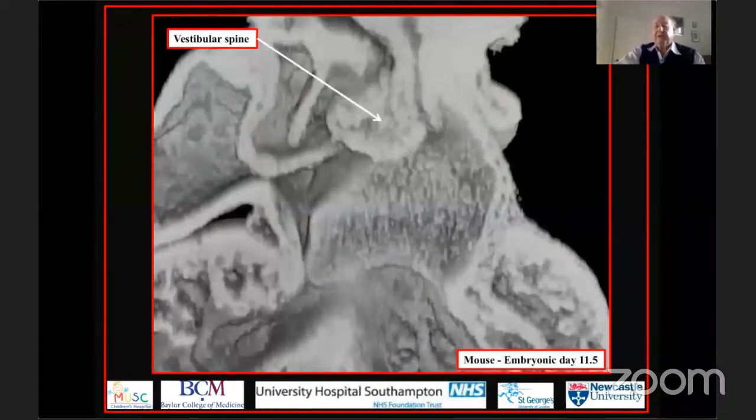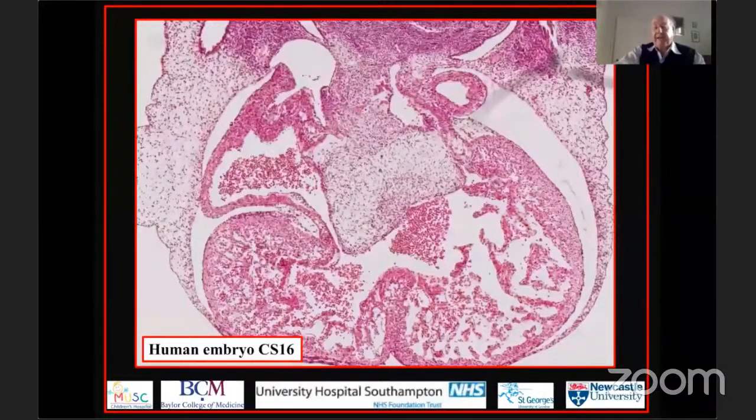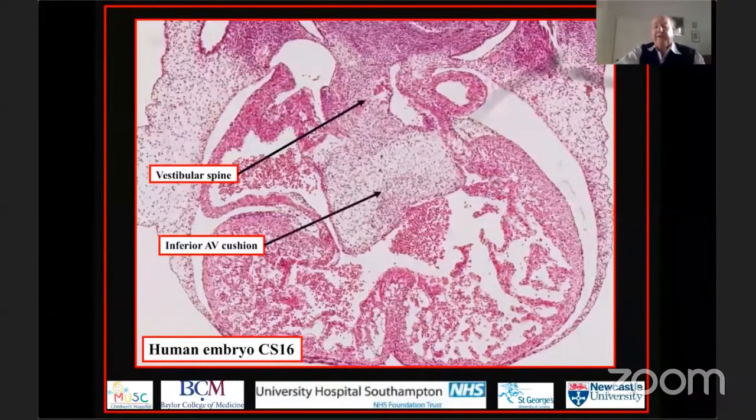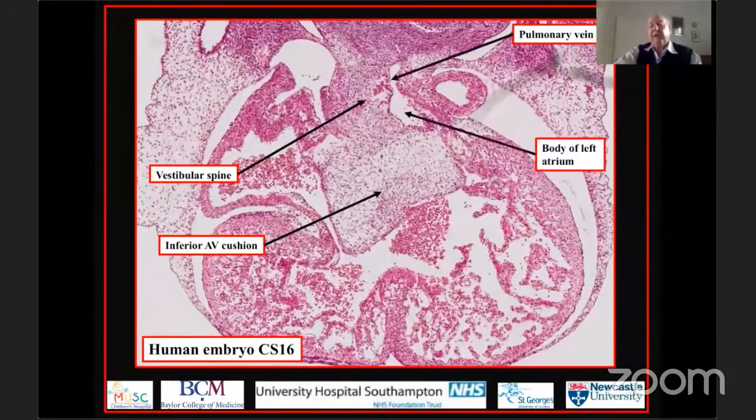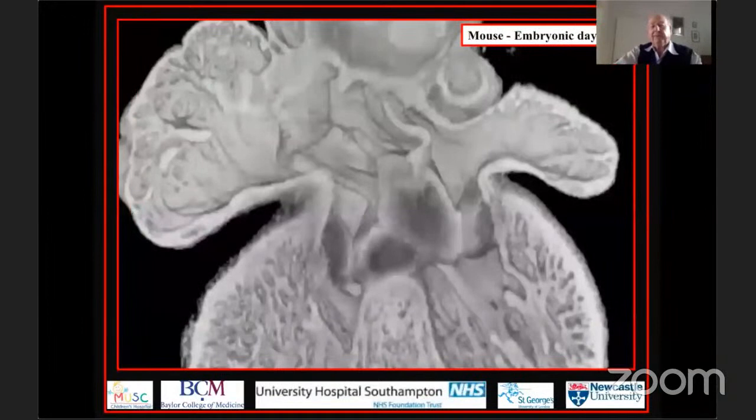So there you see it, merging with the inferior cushion and blocking off the primary atrial foramen. And here we see it, human embryo, there is the vestibular spine. It has fused with the inferior atrioventricular cushion, closing the primary foramen and committing the pulmonary vein to the body of the left atrium. And we can see exactly the same thing in the developing mouse, but now we can